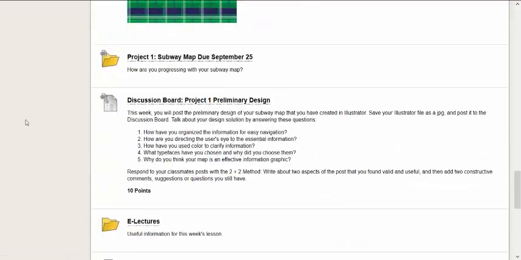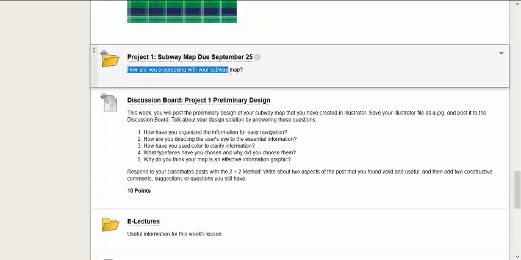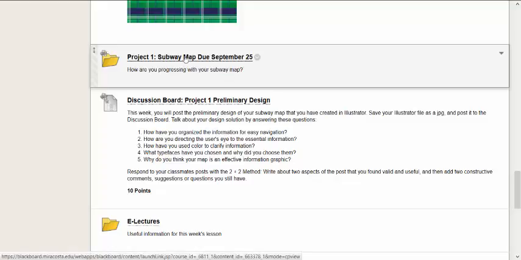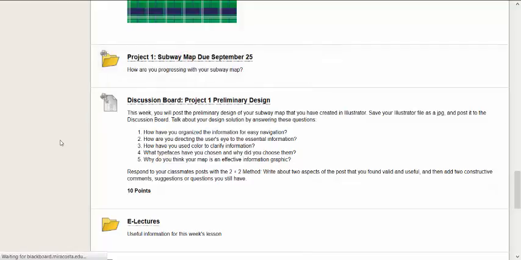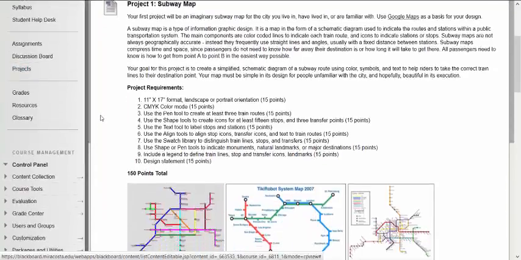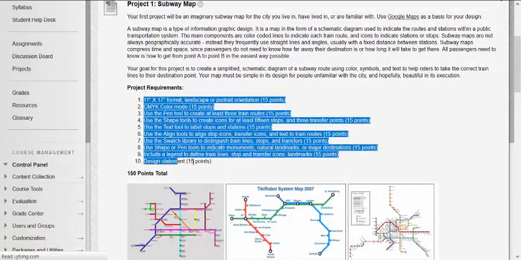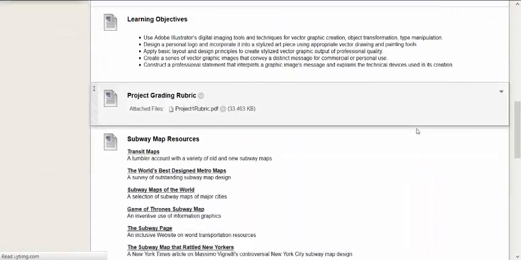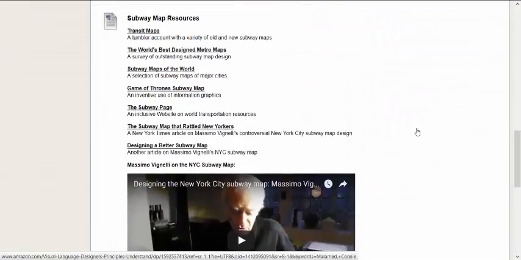So how are you coming along with your subway map? I hope you're working on it. I've included the project folder to remind you of the project requirements. Be sure to review those so that you include all of those requirements in your map. And the subway map